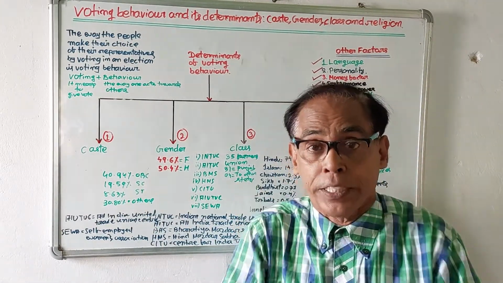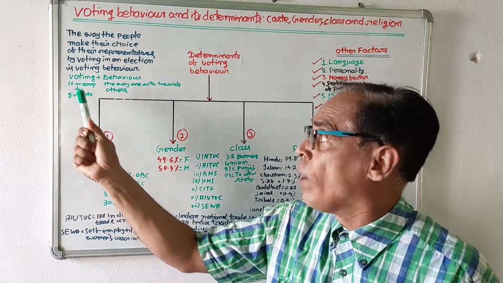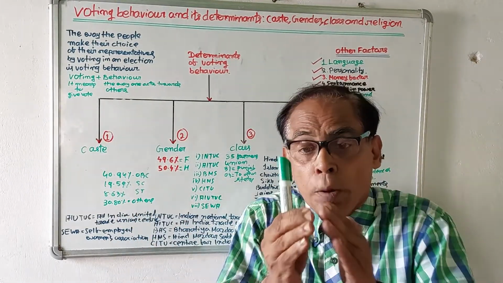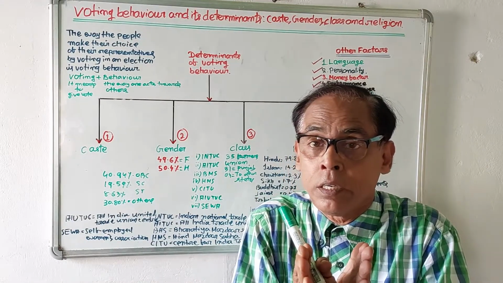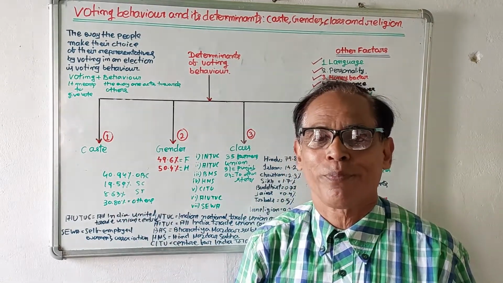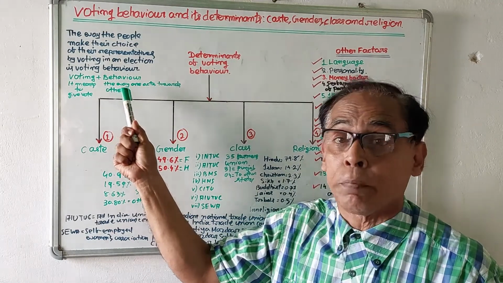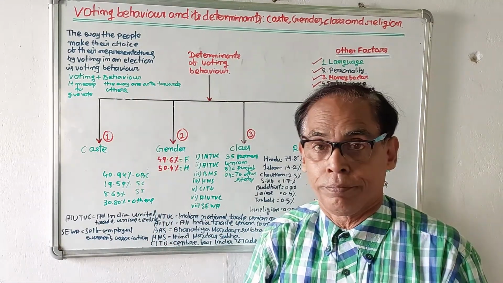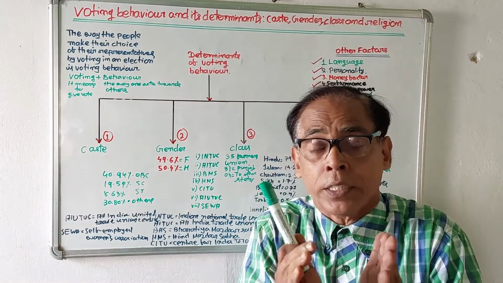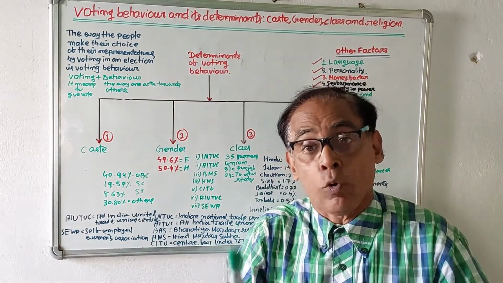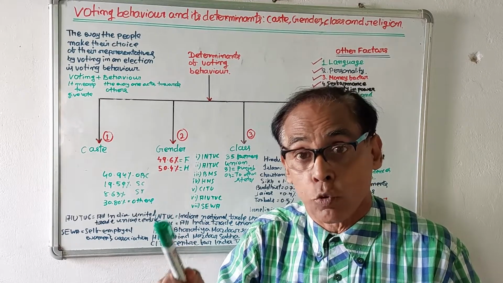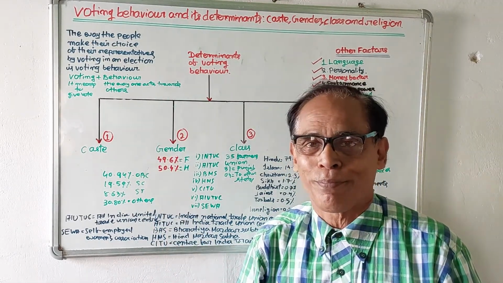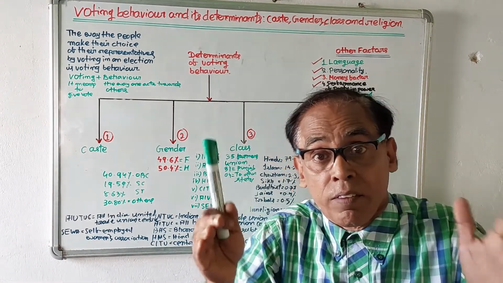Voting behavior is a combination of two words. One is voting, the other is behavior. The word voting means to give vote, and the term behavior means the way one acts towards others. So in total, voting behavior means